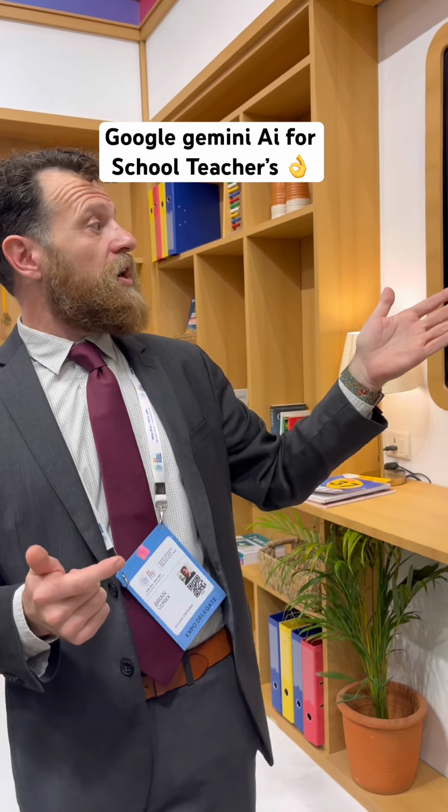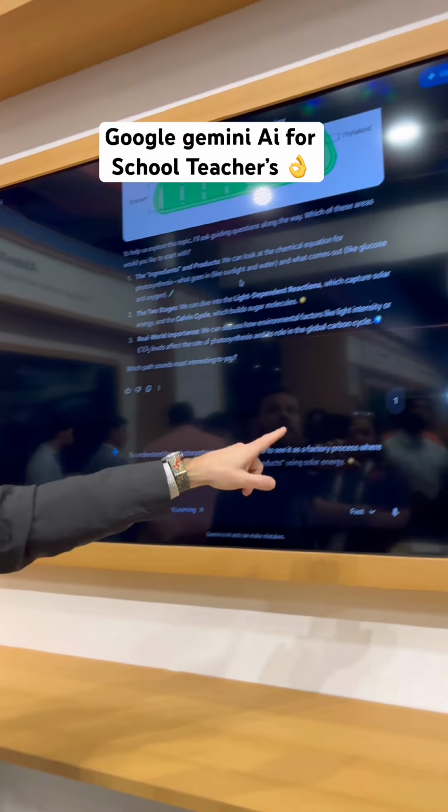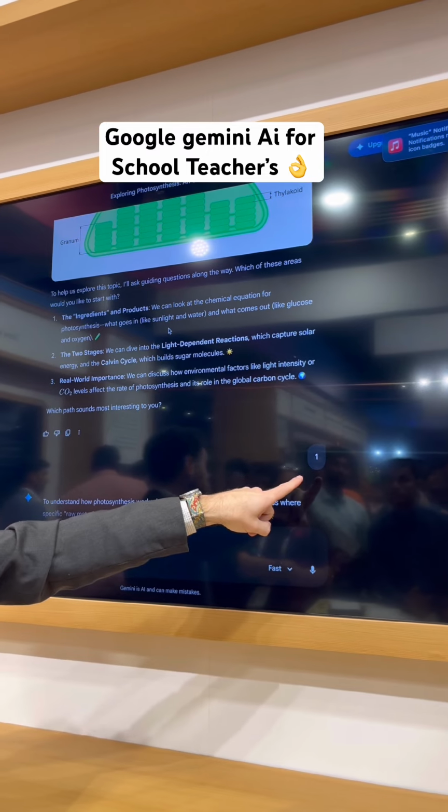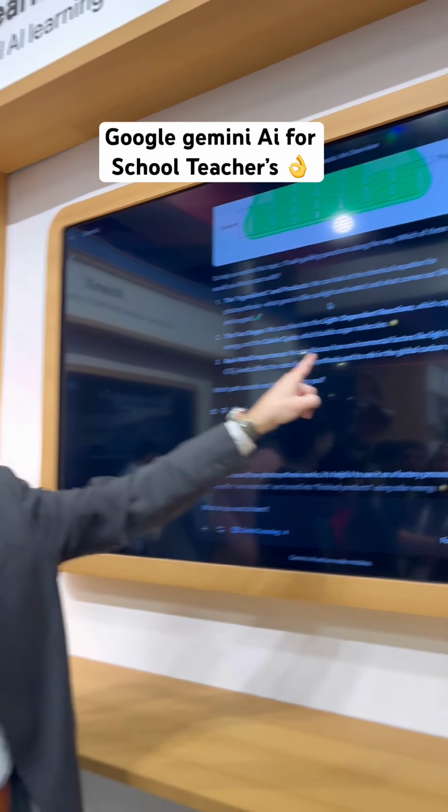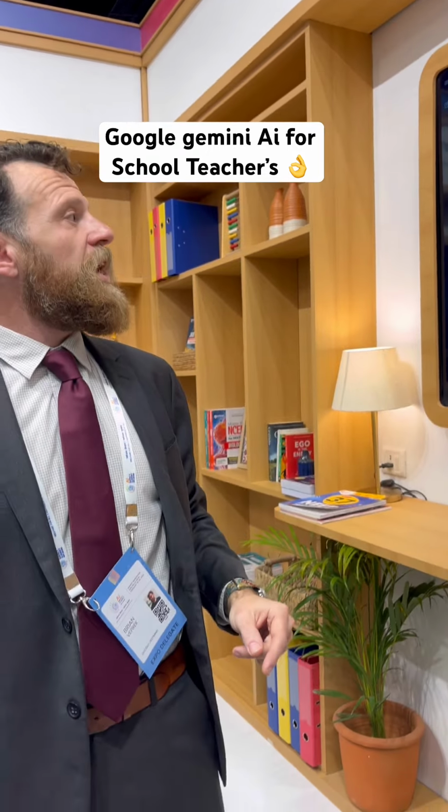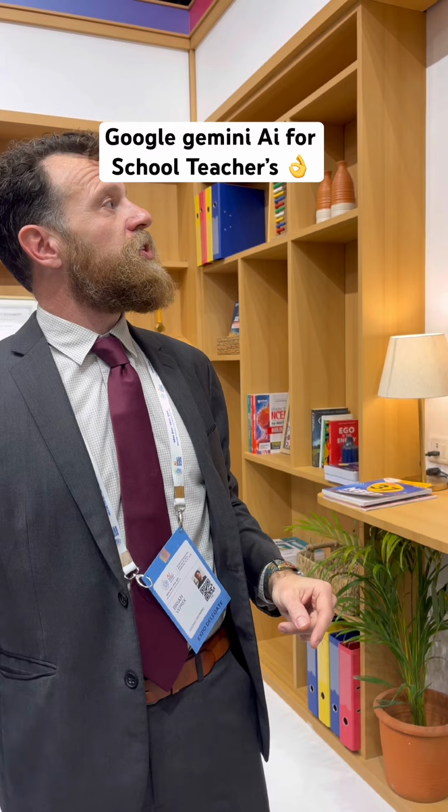So this is an example of the broader one. And you can see this student wants to get into the chemistry. They can just give us the number 1 here because we've given them the number. And now when we get into the chemistry, here is the chemical equation. Now I'll note here this is another retrieved image, but Gemini has turned this into a multimodal interactive image. So as I start to understand the photosynthesis